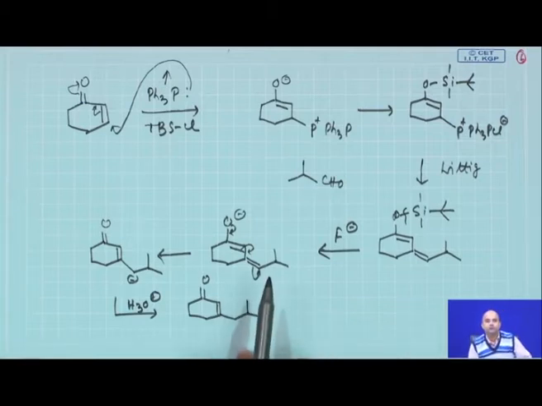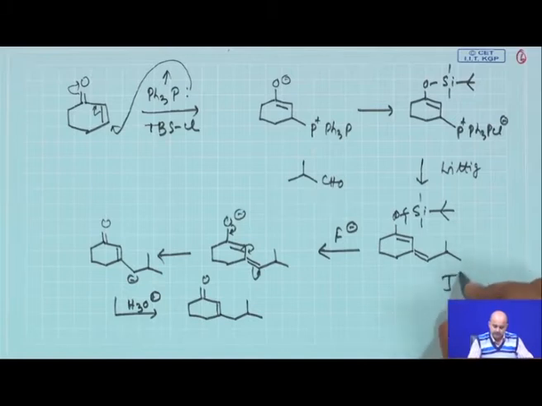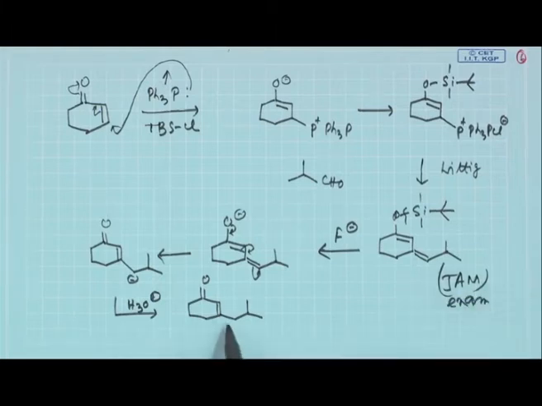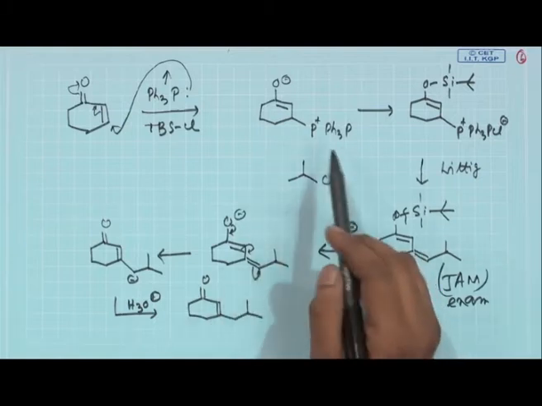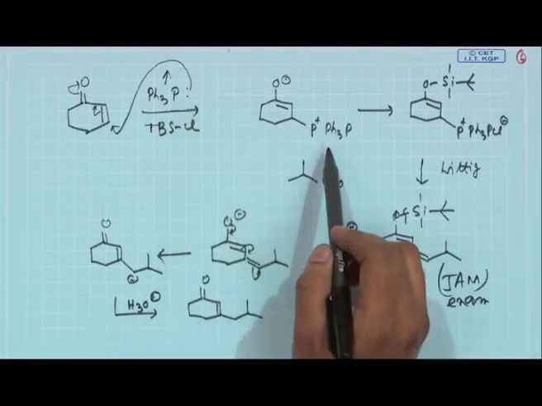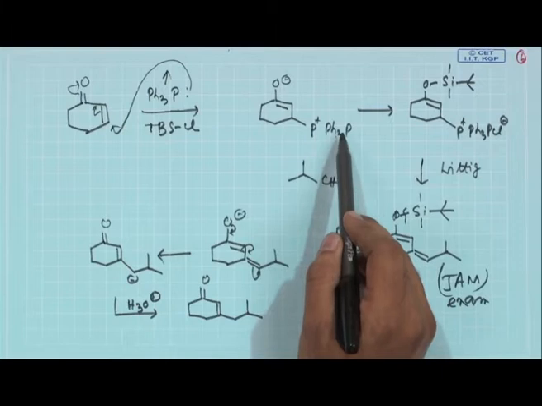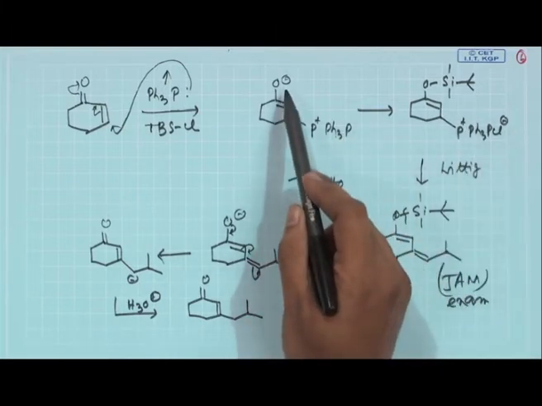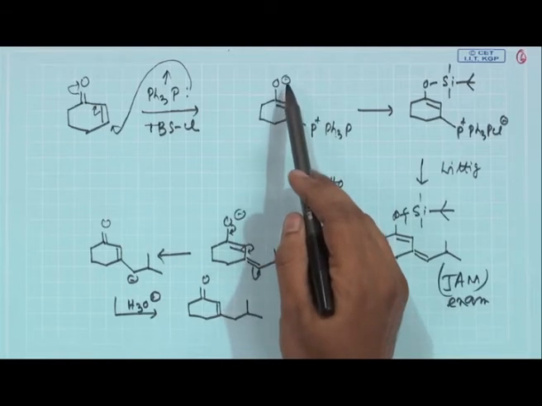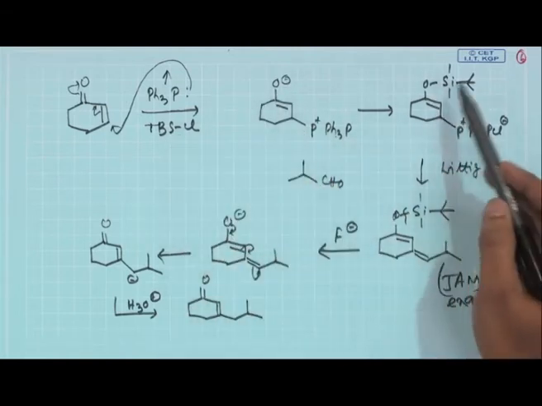Now, this particular problem once came in the JAM exam, and this demonstrates a very nice way you can introduce different alkyl groups in a beta position to an alpha beta unsaturated ketone without using the standard Gilman or other reaction. So, what did we do? We used triphenyl phosphine as a nucleophile to generate the phosphonium species. Now, this phosphonium species acting as a basic salt, the enol phosphonium ion, is now trapped with this TBS chloride to give the enol ether.